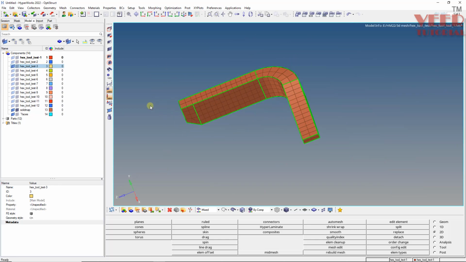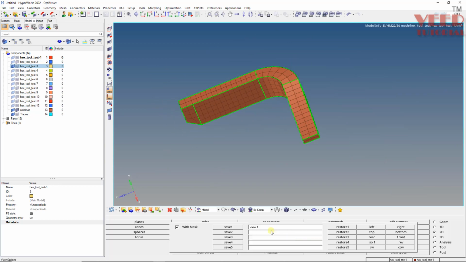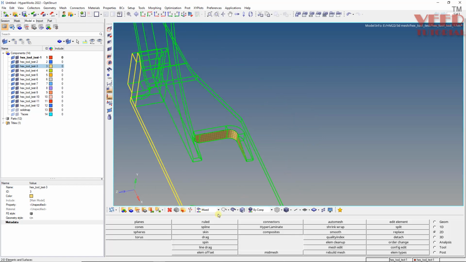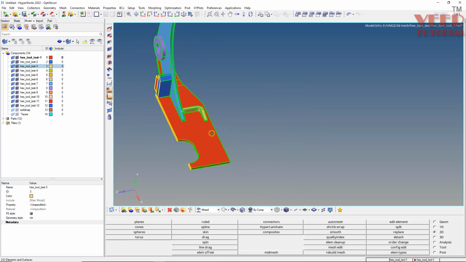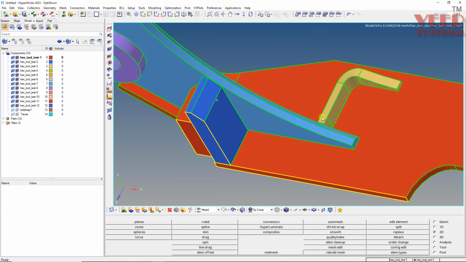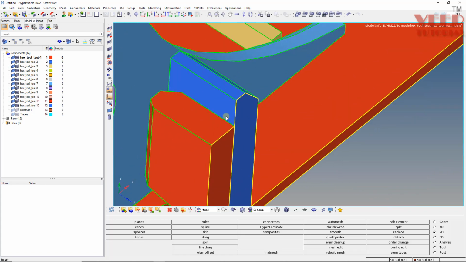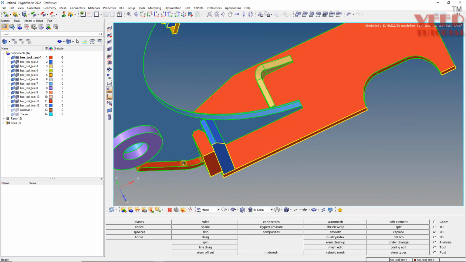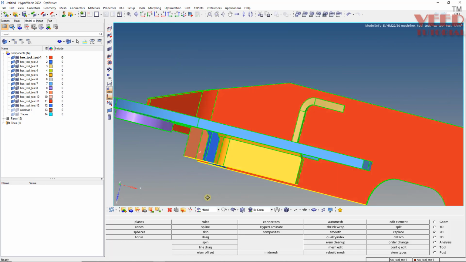Okay, then click on V for the view, restore, and once again the solid. So we have completed the mesh of this region. So I will give it the name solid map 1 here. After that I will do the meshing of this part, these two parts, this blue one. Okay, so for this